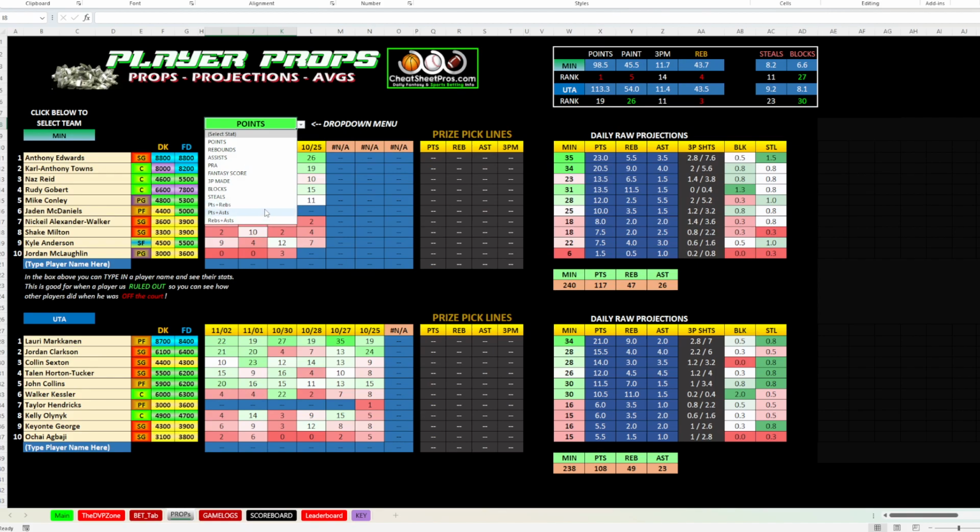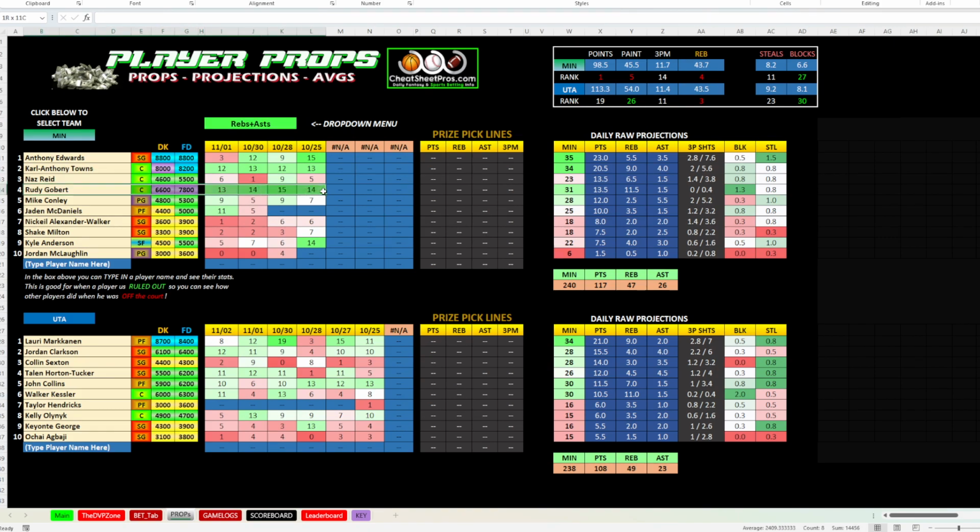And I added these points, rebounds, points, assist, rebounds, assist props. I like doing some of those. Like here, rebounds, assist, you can see Rudy Gobert, 13, 14, 15, 14. So if you're looking at a player prop that's, say, 10.5, you could look at it and try to find